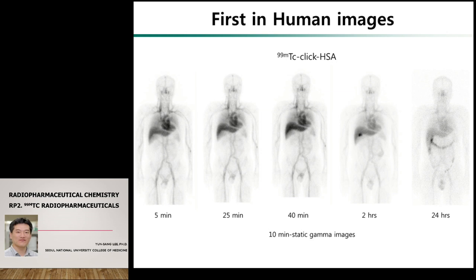So I'm still at the DL-HMPAO and meso-HMPAO. Are they acting the same to be taken up by the brain? No, different. Meso should not be used. Meso is a contaminant. DL is the pure one. DL means one is D, the other is L. Yeah, D form and L form.